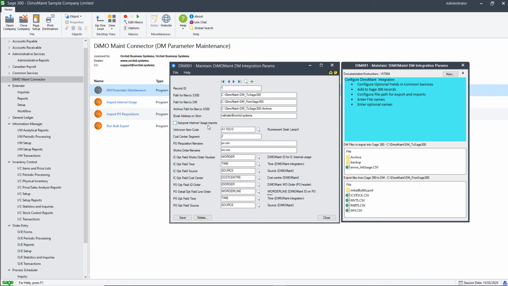I can choose to auto-post the transactions that are created in Sage 300, and there are a lot of optional fields that are used to tie up the transactions that are created by the integration so that you can report on them. I've configured, in addition to the DemoMain connector, Orchid notes to document my configuration screen there, and